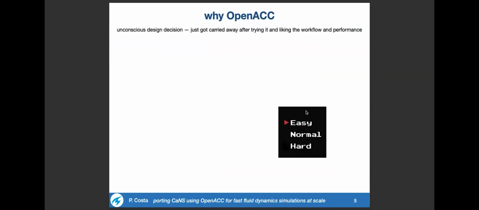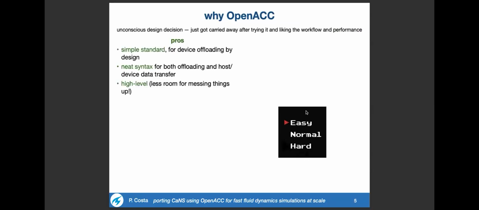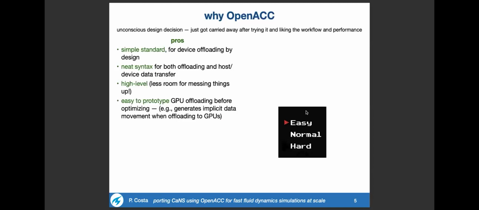And so why OpenACC? This is, of course, my own experience. I think it has quite some nice advantages. The standard is simple. The syntax, in my view, is neat. It's high level, so for someone with a fluid dynamics background like me, it's excellent. Easy to prototype: if I offload a loop in the most vanilla way,